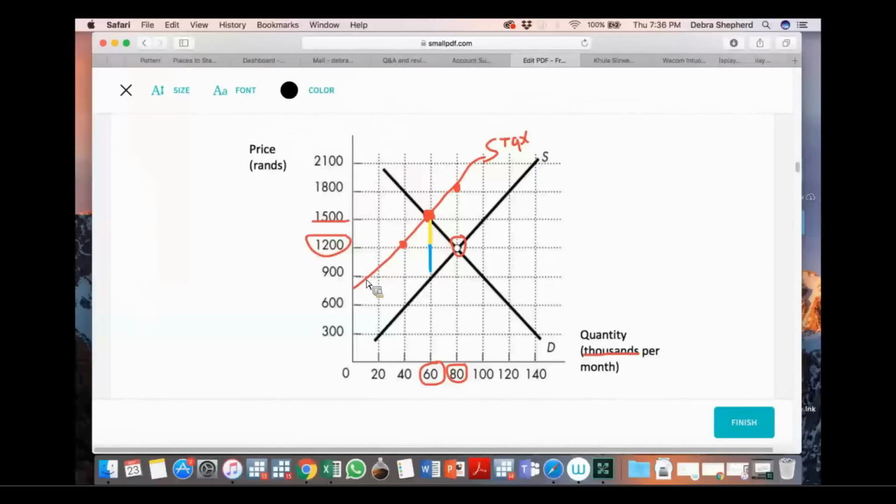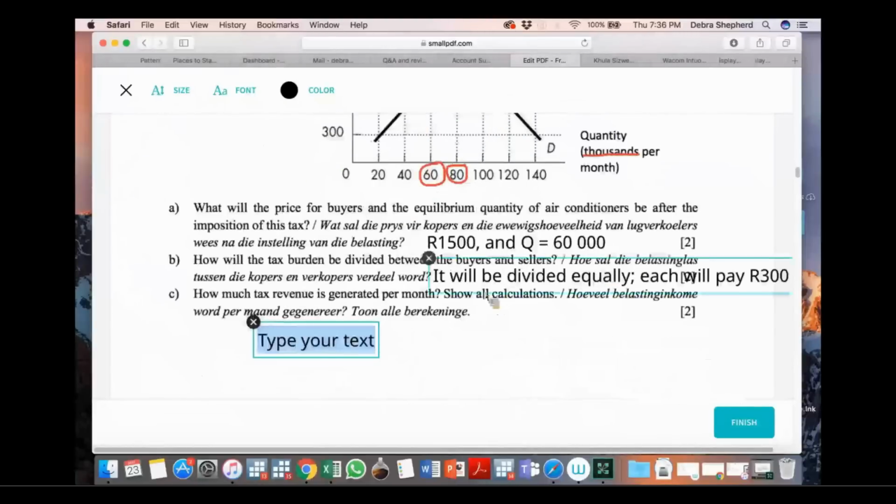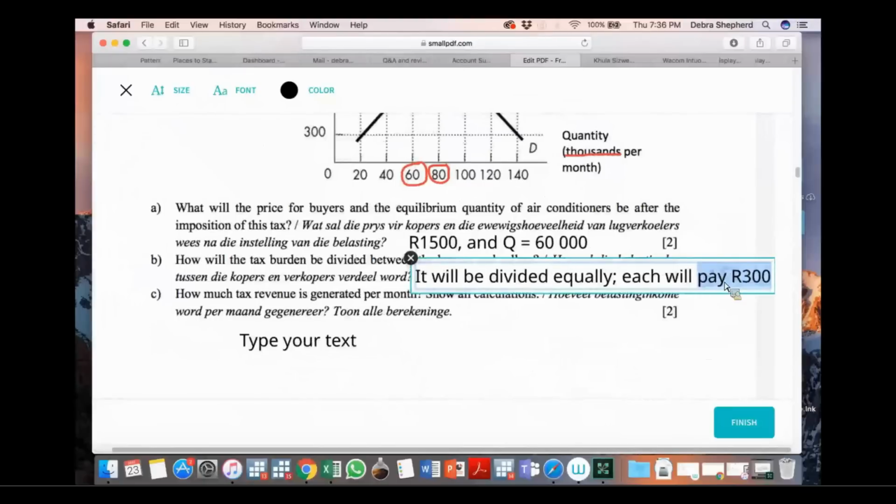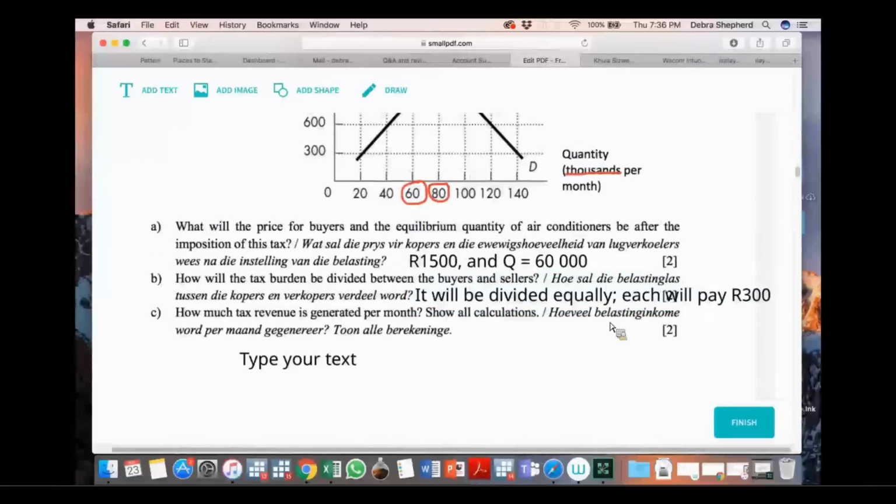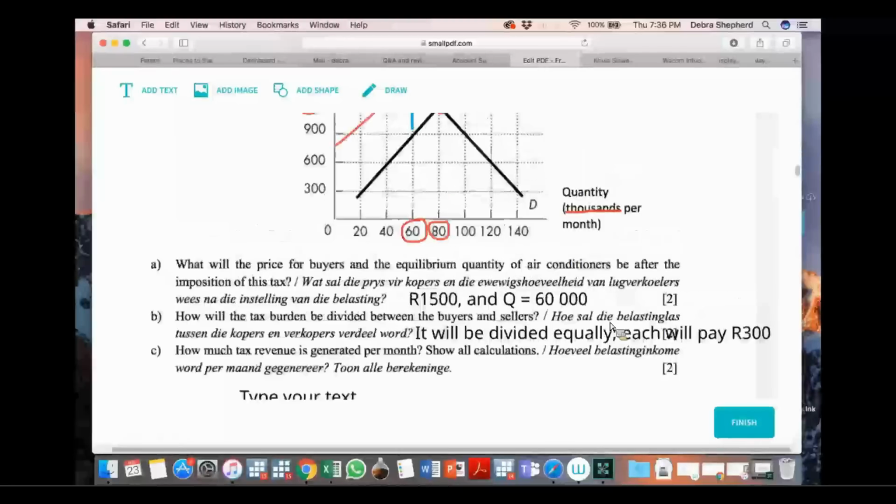So the price that sellers actually receive is 900 Rand. So the difference between what they used to receive and what they now receive is 300 Rand. So this means that the tax is divided equally between buyers and sellers. They each pay 300 Rand. And the reason why the answer to this question is an equal division of tax is because if we look